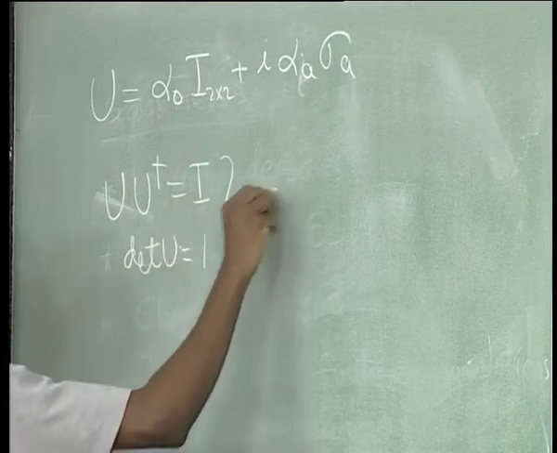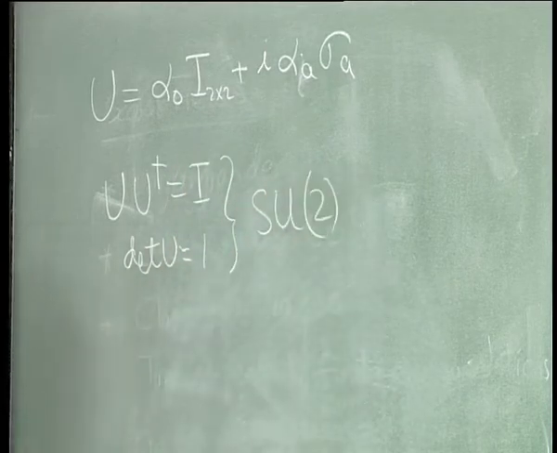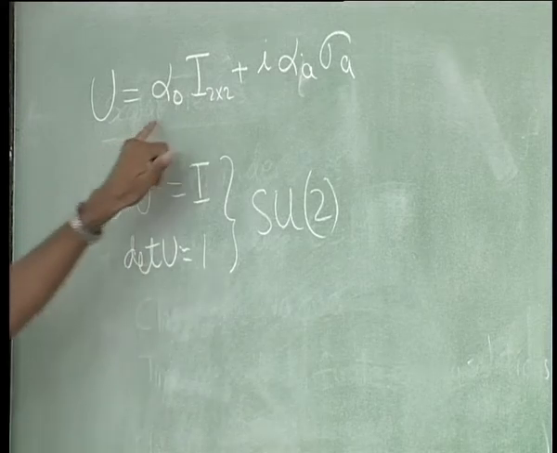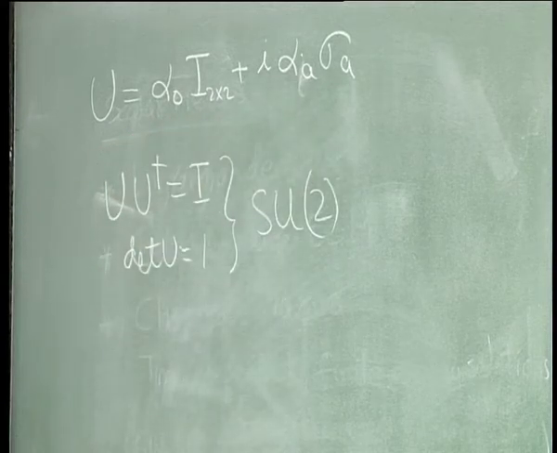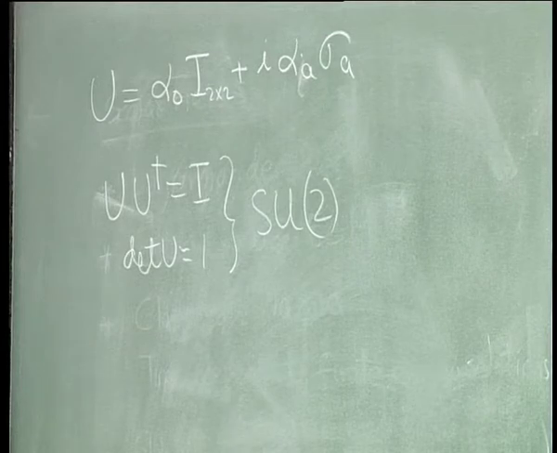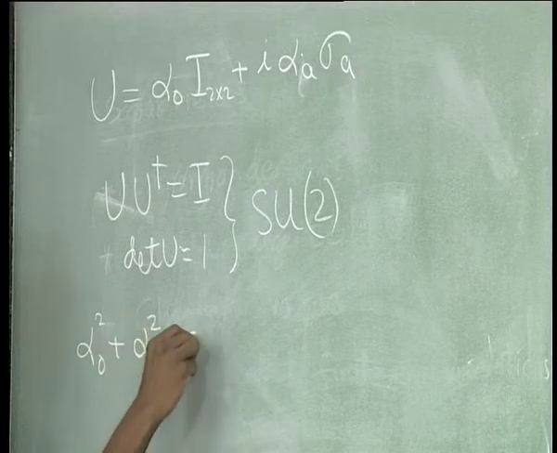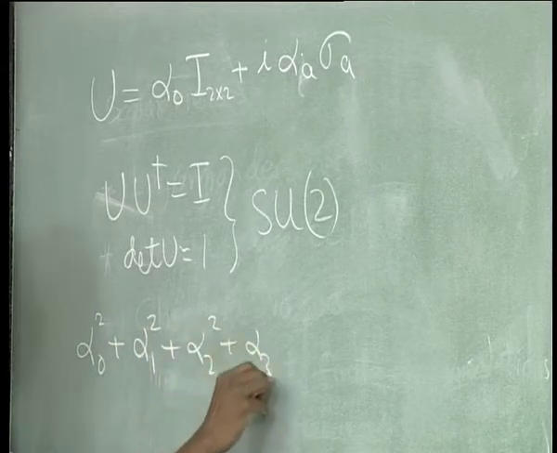This defined the group which we have already seen, the group SU2. If you worked it out, you will see that first it implies that alpha 0 and alpha a have to be real, and further alpha 0 square plus alpha 1 square plus alpha 2 square plus alpha 3 square should be